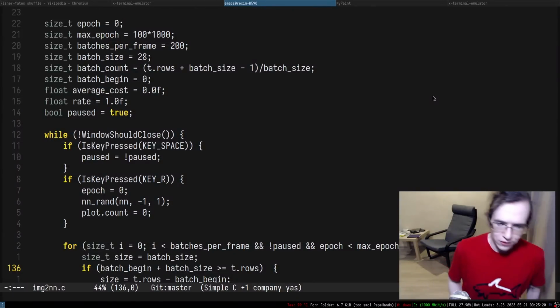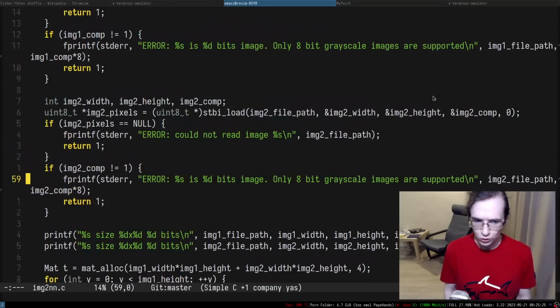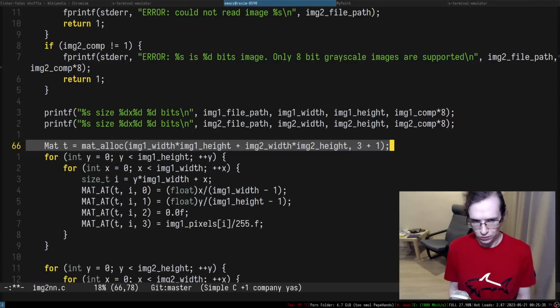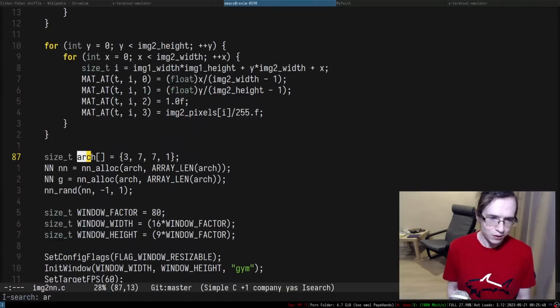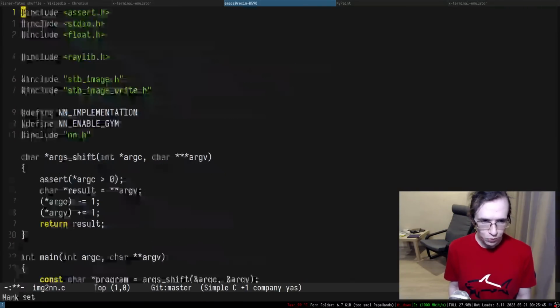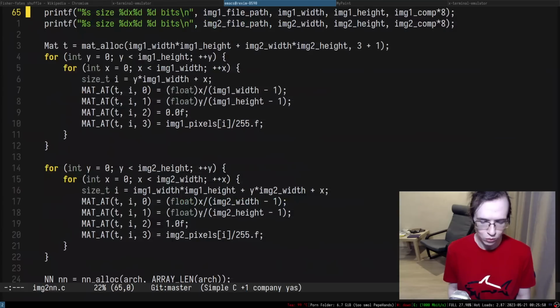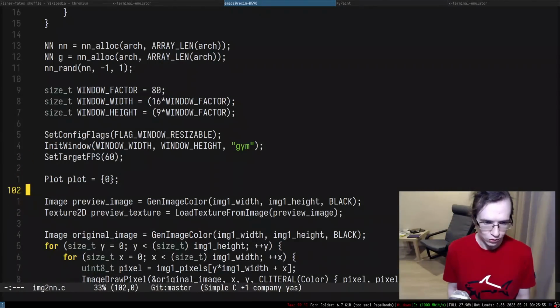Okay, so let's actually go through the entire source code and make sure that there are no wrong things anywhere. So we pre-allocated. So this is how many of these things we have in here, right? So we have 3 inputs and 1 output. That's essentially what we have. 3 inputs and 1 output. Maybe what we have to do, let's actually put architecture somewhere at the top in here, right? So let's put architecture at the top in here, right? And so essentially,